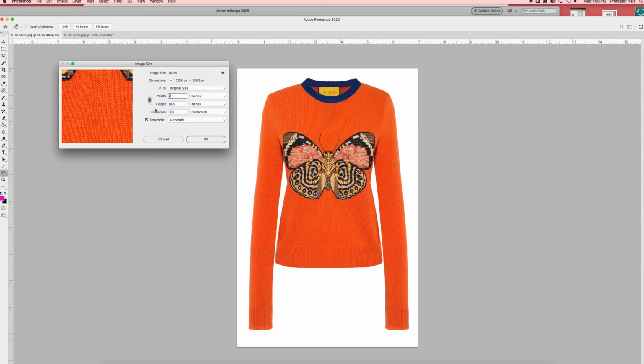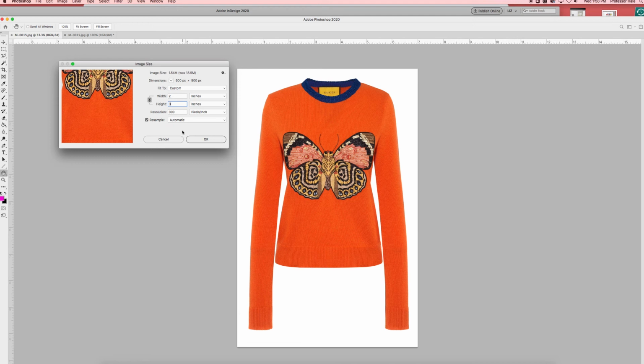It's a chain link with the bracket to the left of width and height, and what that does is it constrains the image to be proportionate. In other words, we only change one of the dimensions, and the other dimension will snap into the proportionate size. Let's make this height 3 inches and watch what happens. The width becomes 2 inches,